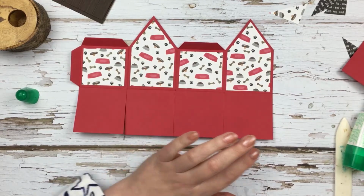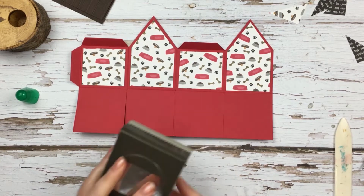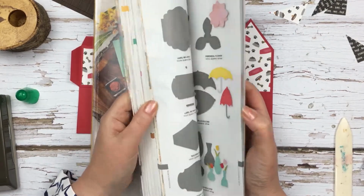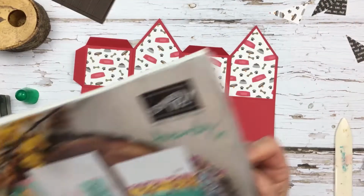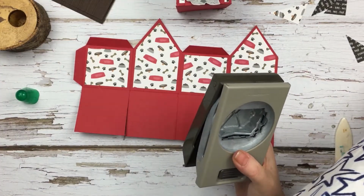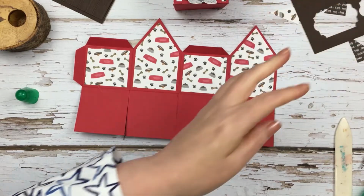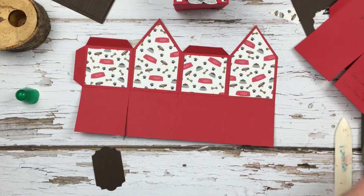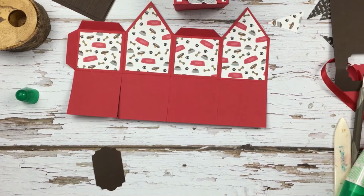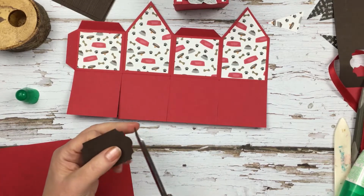that's those bits. Now what we're going to do is make the kennel outer. So I'm using this punch and I can't remember what it's called. So let's have a look. Ooh, it is called the Everyday Label Punch. And I'm going to punch a piece out of early espresso card, and then somewhere I have a piece of real red cardstock, and what I'm going to do is trim off the base,